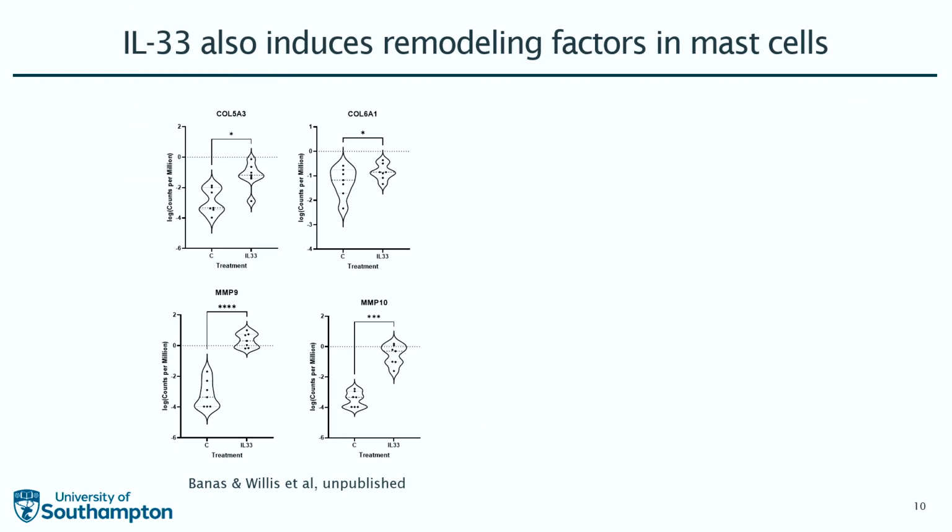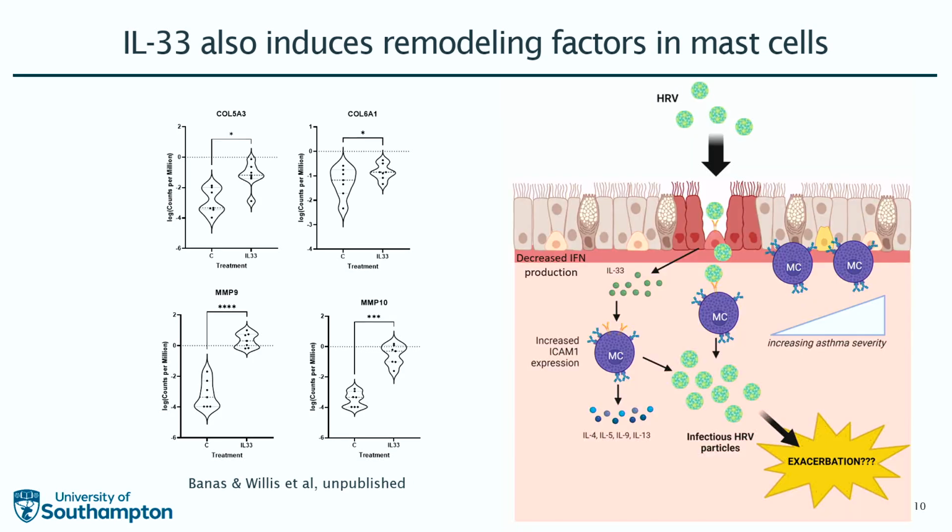We also showed in the RNA-seq data, and we haven't published this yet, that there are remodeling factors that were also increased. So the collagens, collagen 5 and 6, were increased, as well as matrix metalloproteinases, showing that potentially mast cells can contribute to that remodeling. And there's a lot of evidence out there that mast cells already do that, but not in the context of